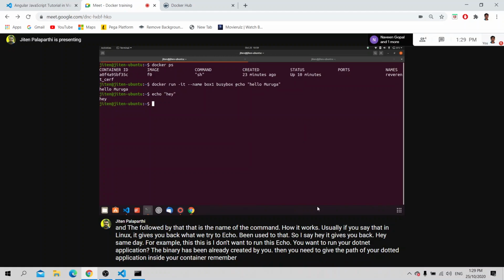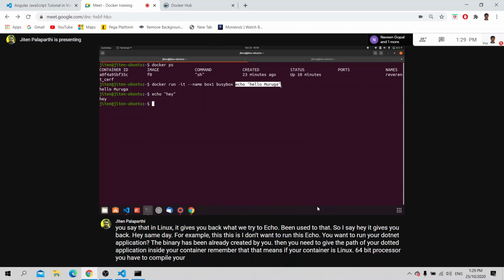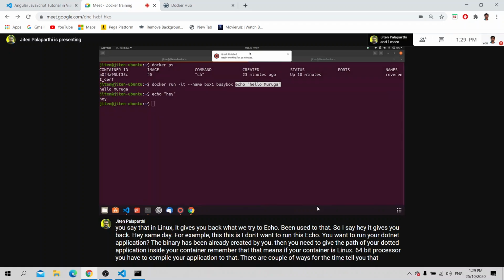Remember that. That means if your container is Linux 64-bit, you have to compile your application for that. There are a couple of ways for that. I'll tell you later.